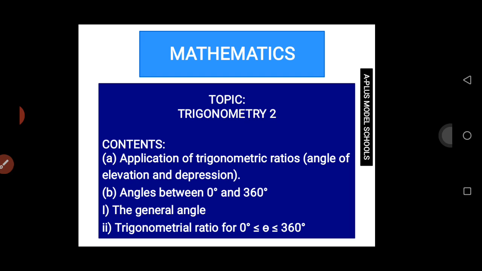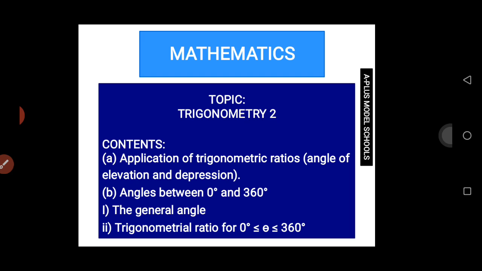And we also discussed the relationship between sine and cosine, where we said these two trig ratios are complementary in nature, which means sine 30 will be equal to cos 60 degrees because they are complementary angles. Today we shall be going to trigonometry 2, and under it we shall be looking at